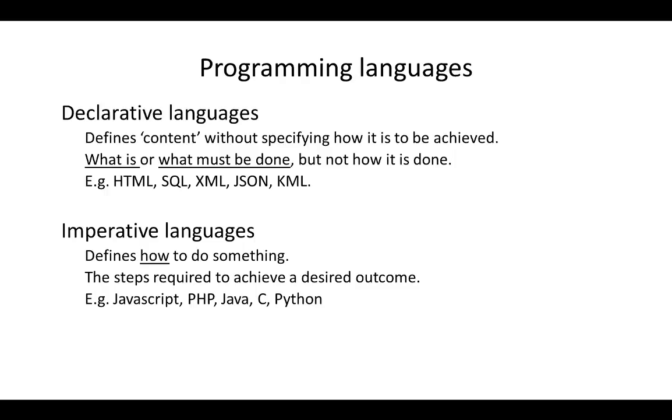Imperative languages, on the other hand, are what you would call normal programming languages. Programming languages where you tell the machine what to do and how to do it, and by following your instructions, it achieves, hopefully, what you want it to do. Okay? And examples of imperative languages are JavaScript, the browser-based language we're going to start programming in today, hopefully. The server-side language PHP is an example, but also Java, C, Python, Perl, Visual Basic, whole hundreds and hundreds of